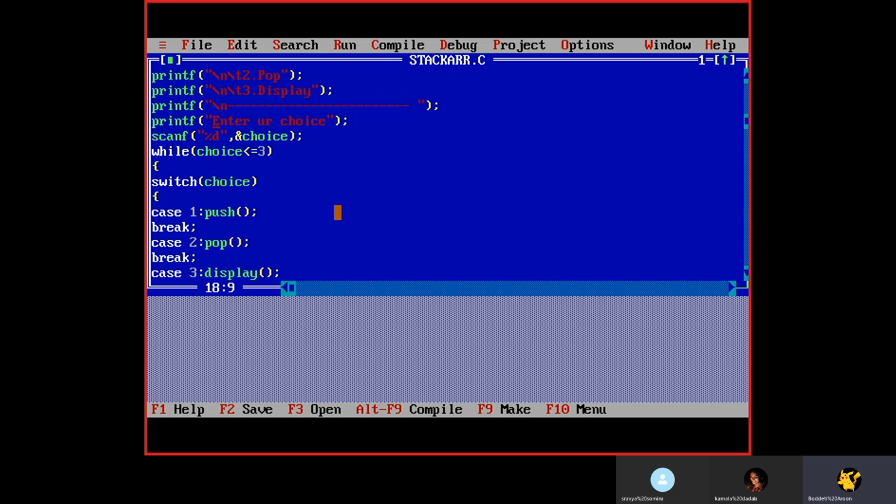Then I'm taking a switch statement. For choosing which operation I want to perform, I'm taking the switch. Switch, I'm passing a parameter called choice. What is the value of the choice? That the user will enter. Then I'm writing the cases. Case 1: push. So if the value entered by the user is 1, then I will perform the push operation. Push, break. And case 2, if the user has passed the value as 2,